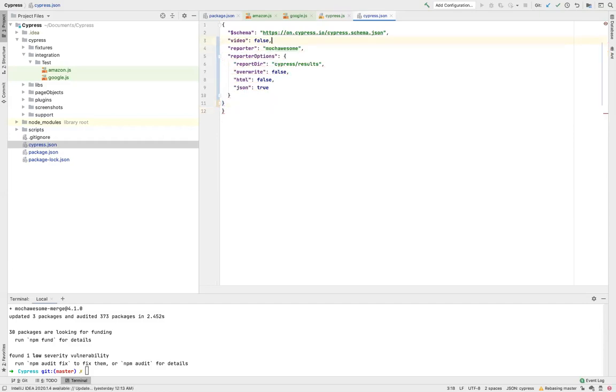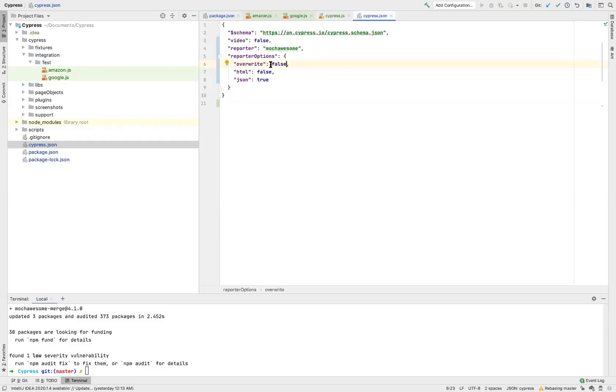Okay, some issue with the braces. Now over here we are telling that our reporter will be Mochawesome, and these are the reporting options that we have given. Report directory as Cypress/results, or else if you don't want to give this customized report location, it will take the default location of the reporter.